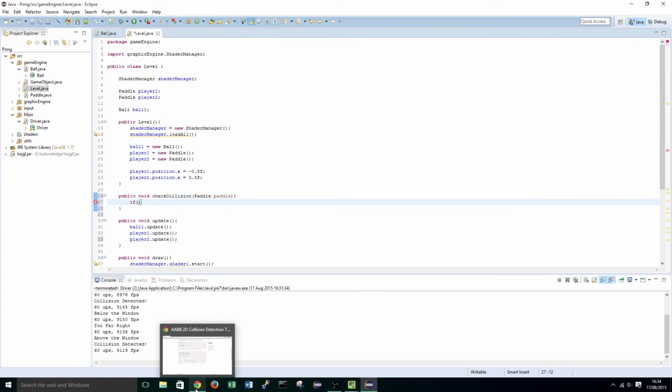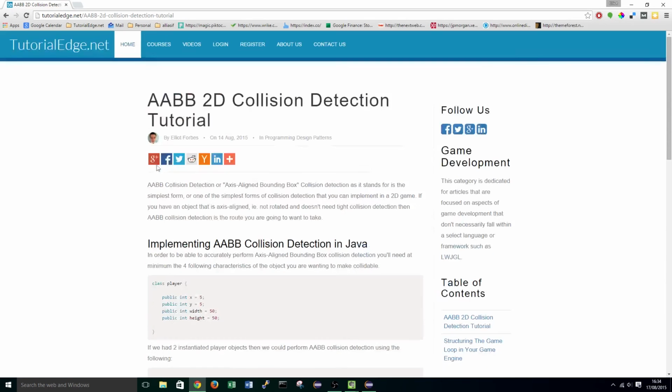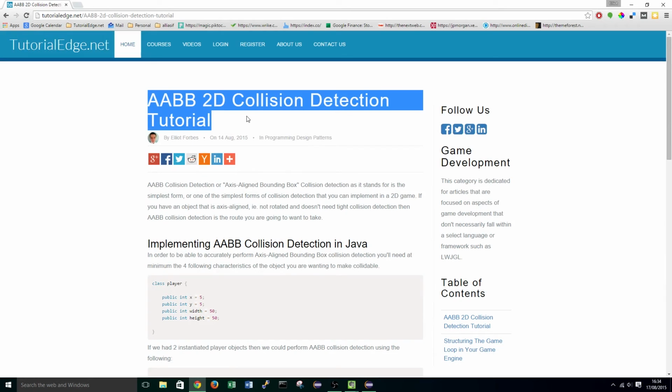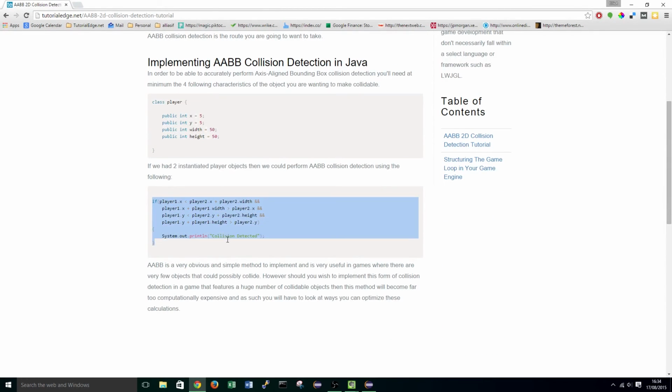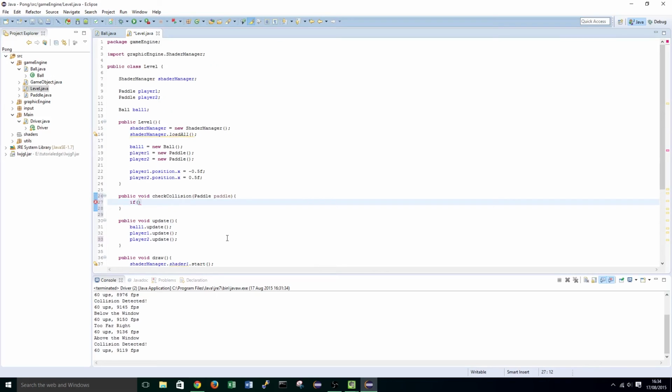the code for AABB collision detection can be found on one of my tutorials on my main site, tutorialedge.net, so you can check that out if you need a more in-depth look at it. But basically we're going to be doing something similar to this, and to get started we're going to want to do if